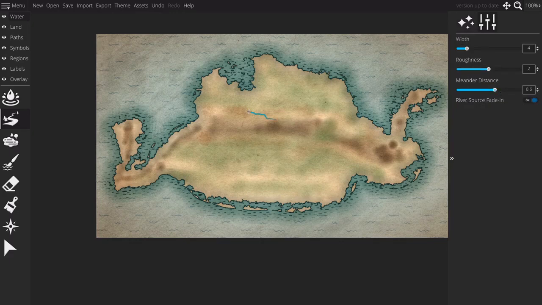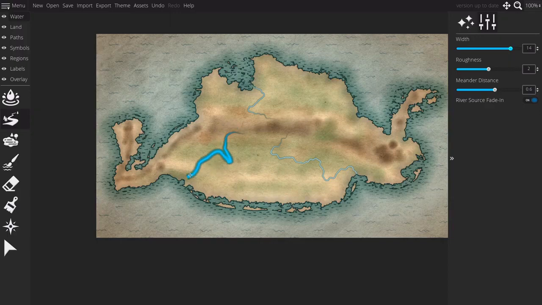So I'm going to put the rivers in because so much of the landscape runs around rivers, and of course where you put the buildings is. And I had that nice bay there, so I have a river going down there. And this is the river tool. It just kind of runs like a path tool in Affinity Photo or Photoshop or anything like that. You can change the distance and the roughness, or the width. If you wanted like the Mississippi, I'll show you real quick. Let's make a huge